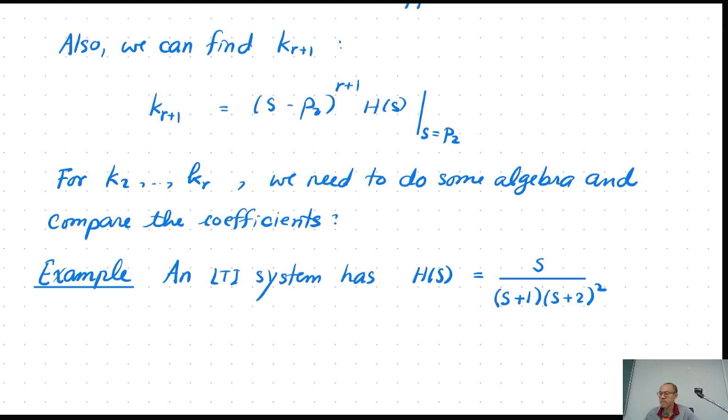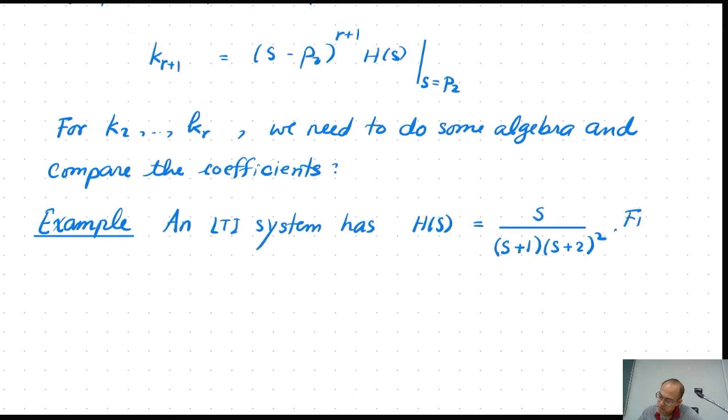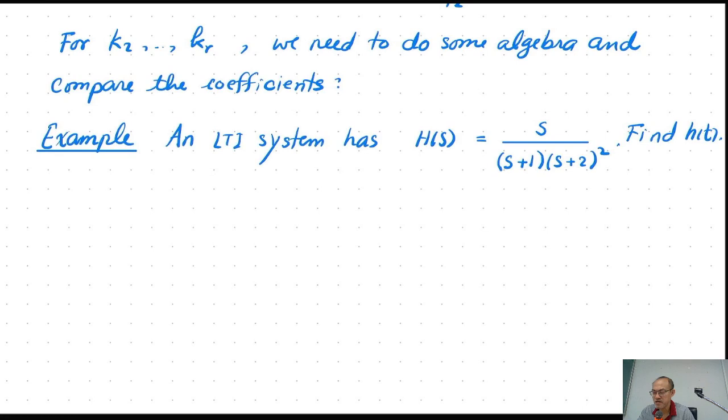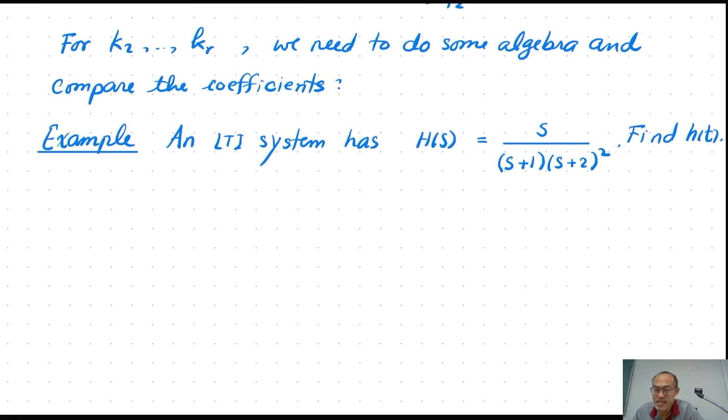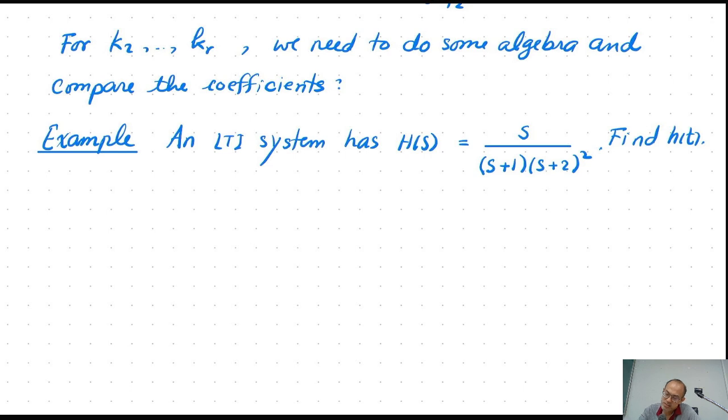Okay, we want to find h(t), the impulse response. We want to find the impulse response from this transfer function. So basically, what we need to do is find the inverse Laplace transform of the transfer function, right? So that is what we need to do. Now,